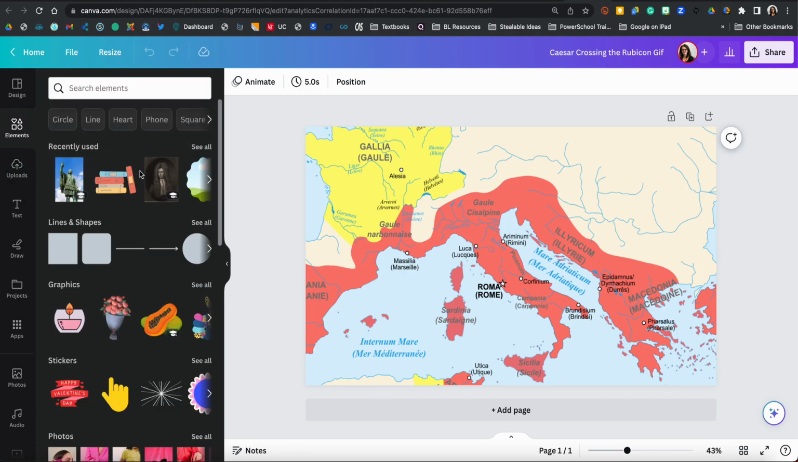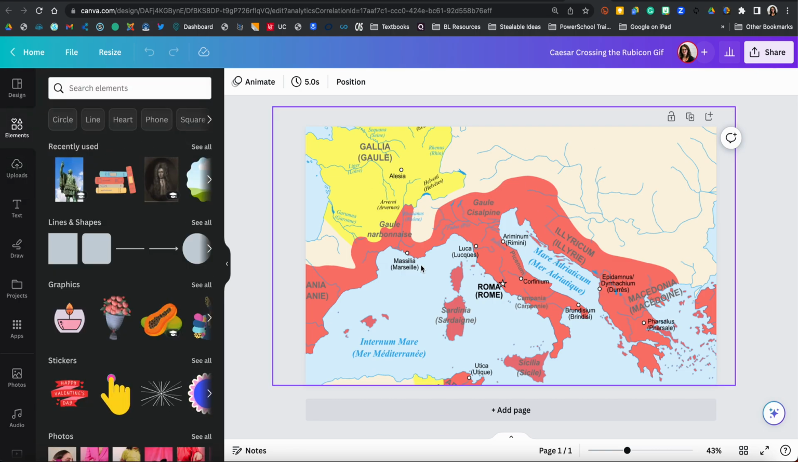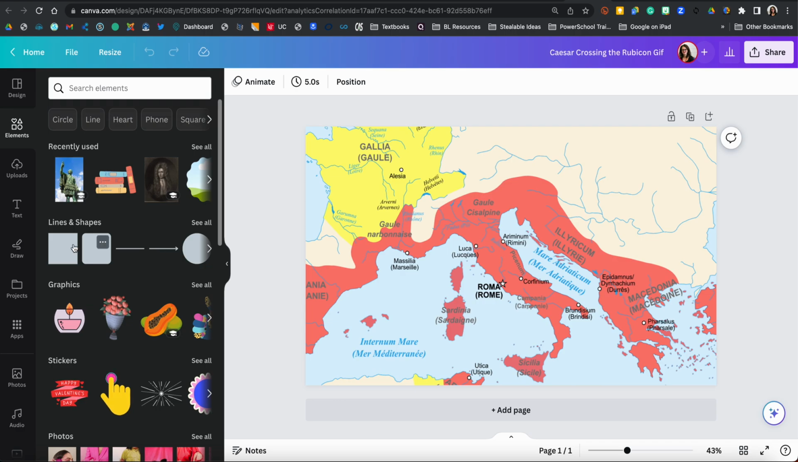So what I've done is upload this map of the Roman Empire. And what I want to demonstrate to my students is Julius Caesar's movement across the Rubicon into Rome. But I want to make it visually appealing and easy to understand. So rather than use an arrow, I think I'm going to do something fun and put this little statue of